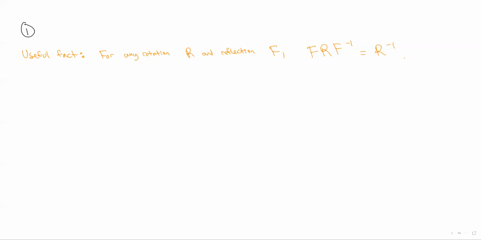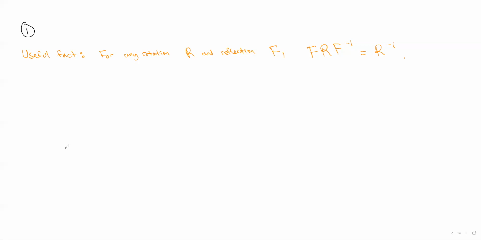Like you reflect and then you rotate by alpha. But since you rotated while everything was reflected, you really made everything rotate by negative alpha. And then when you reflect back, that's the total effect it'll have. Everything will just be rotated by negative alpha. I encourage you to draw a picture. Unfortunately, I don't have enough time to do that, but if you don't get that, then draw a picture